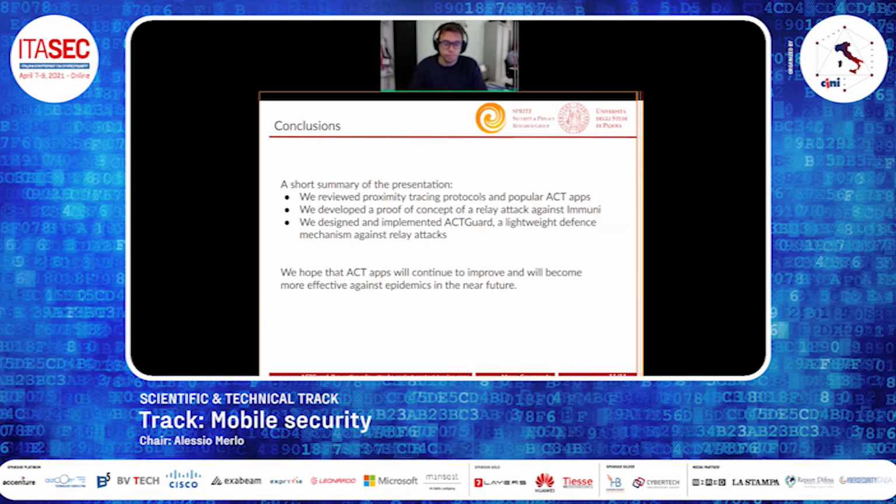Even though there are quite a few pages of documentation, it is very difficult to know and understand what's happening on the Google and Apple framework and on the Immuni servers and so on. There are also legal issues: we cannot attack the health authority system because they are busy with other stuff, so a formal trial is very difficult. Our proof of concept is currently kind of weak.